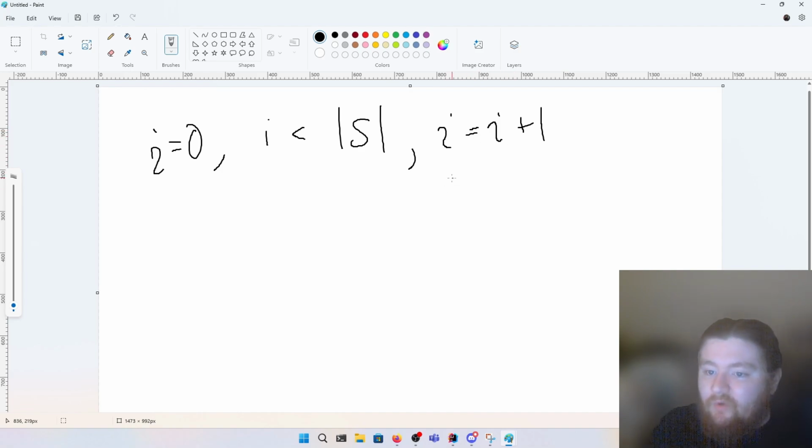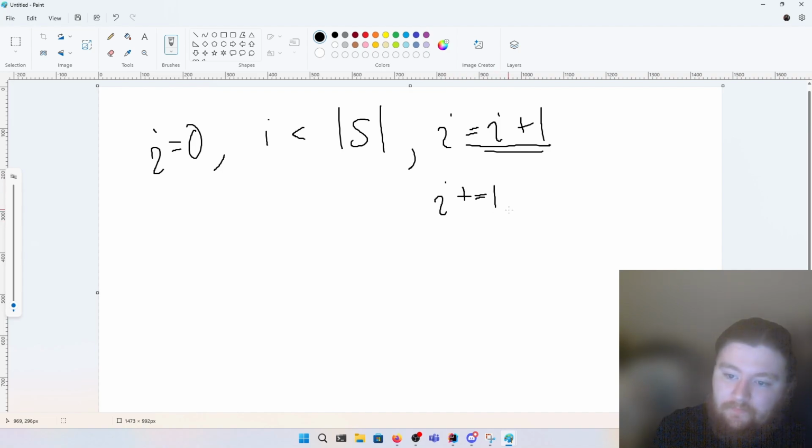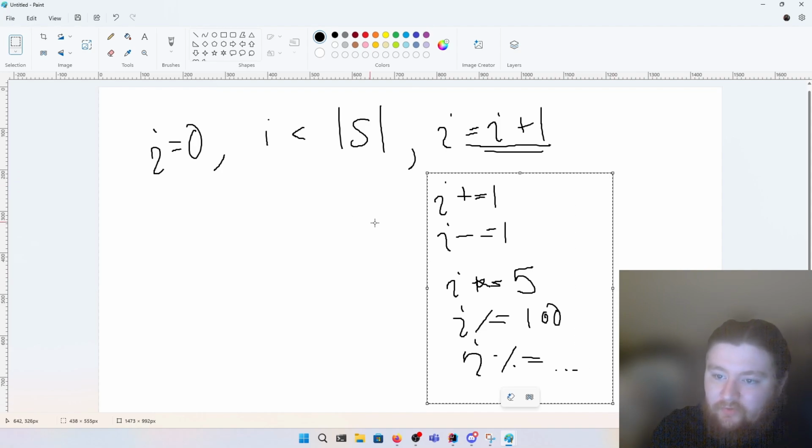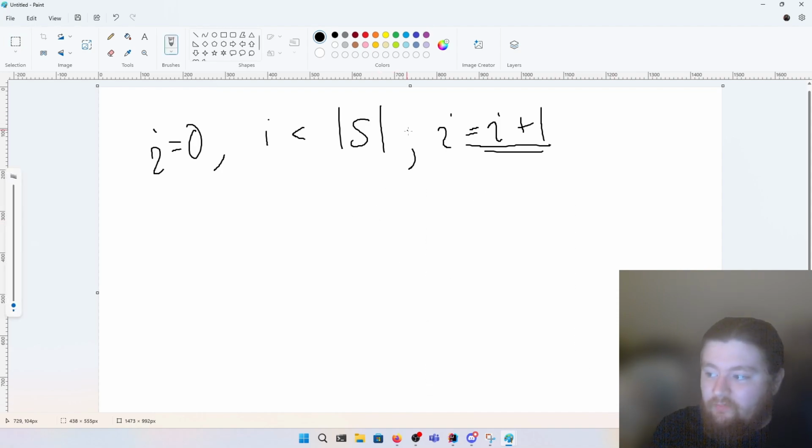Now, one thing I will mention is this notion of what's called the augmented assignment operator. Rather than writing all this out, we could actually just write I plus equals 1, and it'd mean the same thing. So we could do I minus equals 1, I times equals 5, I divide equals 100, I mod equals something. The augmented assignment operator works for many different cases. So if you don't want to type out I equals I plus 1, you can do that. But there's one more